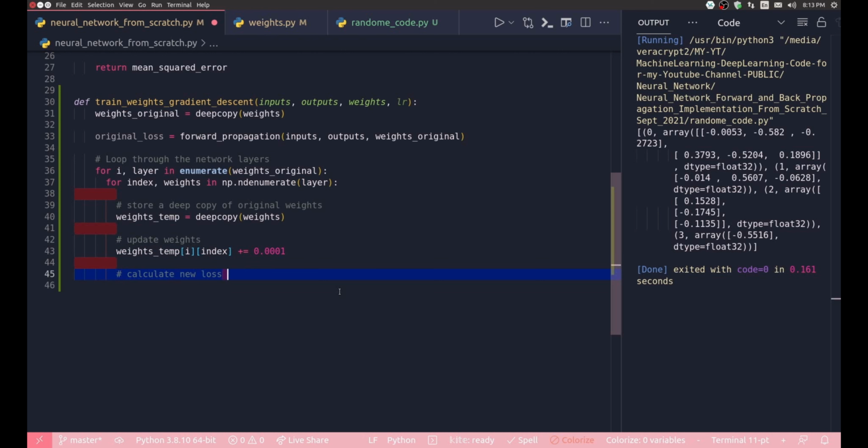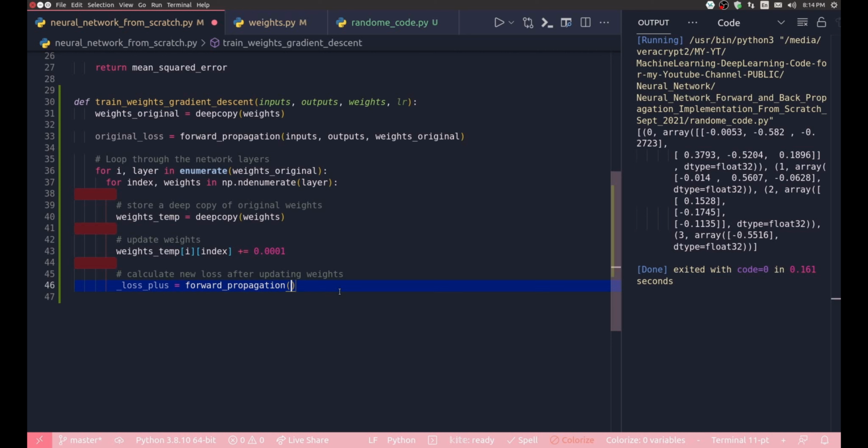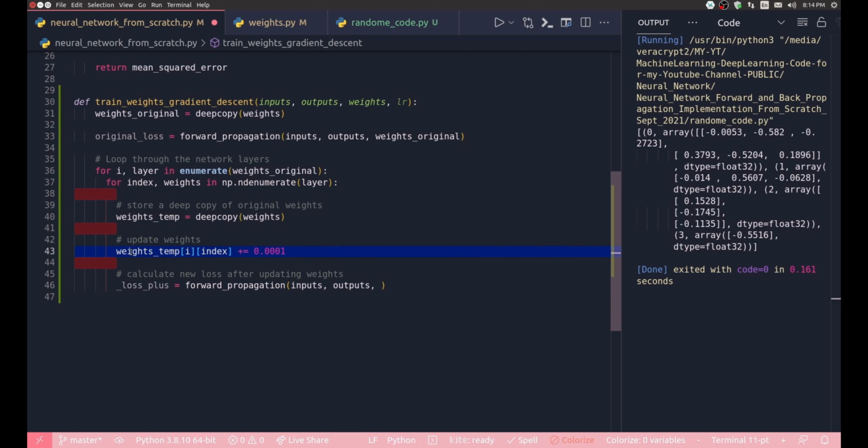Calculate new loss after updating weights, which will be, let's define a private variable loss forward. And again, for the loss calculation I have to make use of the forward propagation function, and that would take inputs, outputs, and now it will take the updated weights, and that weight has been already updated, so let's give this here. Okay, and now that my loss is updated,